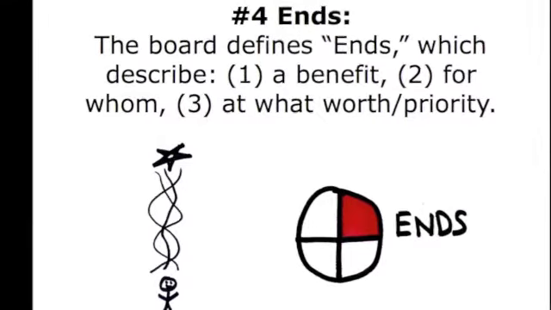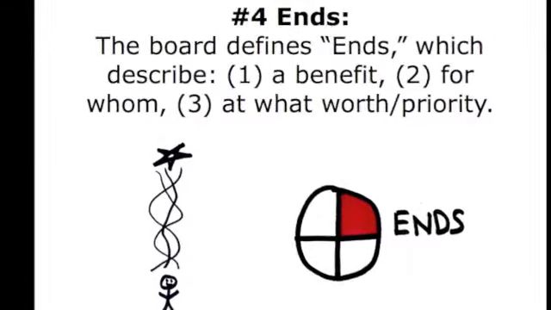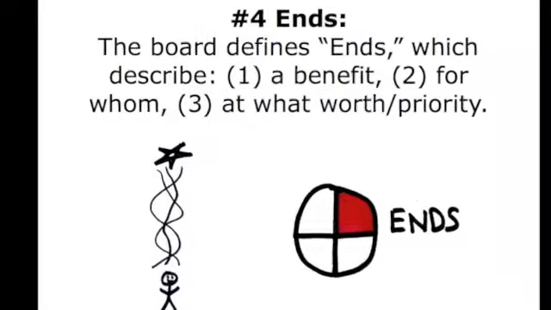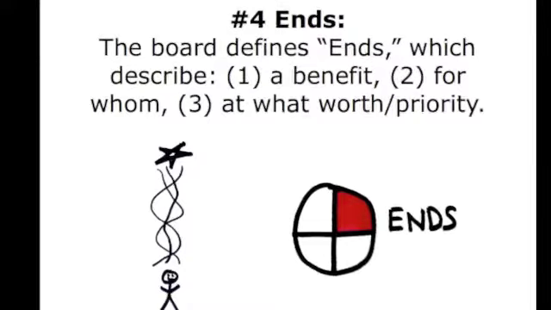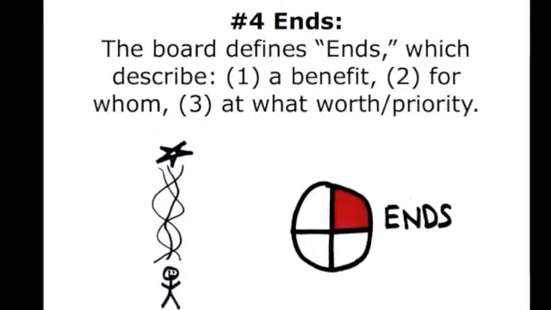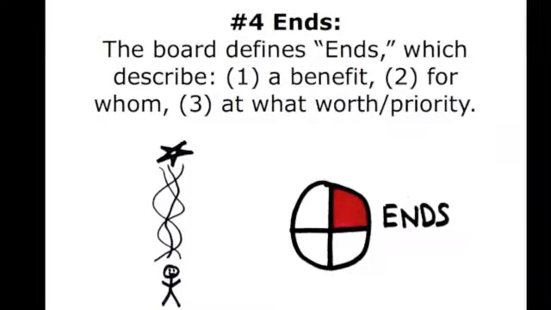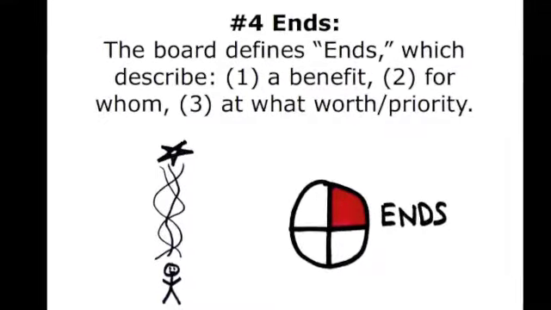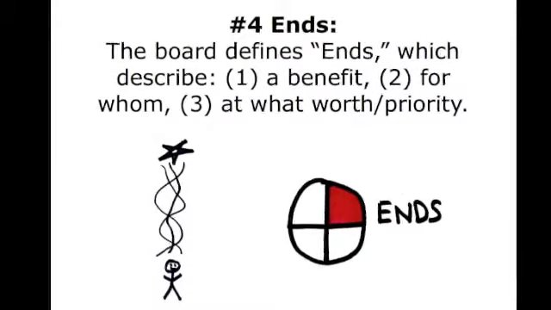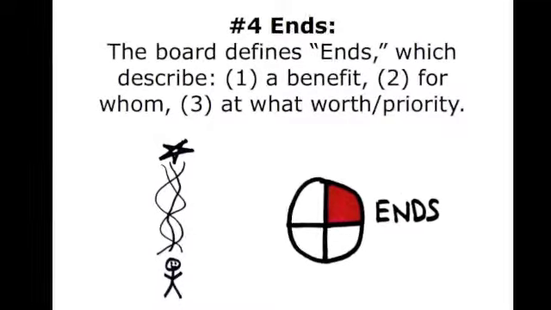The fourth principle of policy governance tells us what ends are. Ends is a category, one of four, of board policy that describe a benefit, for whom, at what worth or priority. All three of those concepts must be included in the policy at the global level for it to be considered an ends policy. Another way of putting it is to say ends are results for specific beneficiaries and the